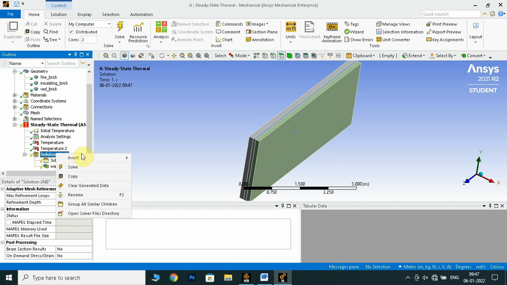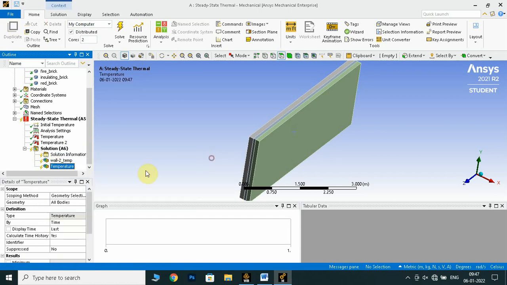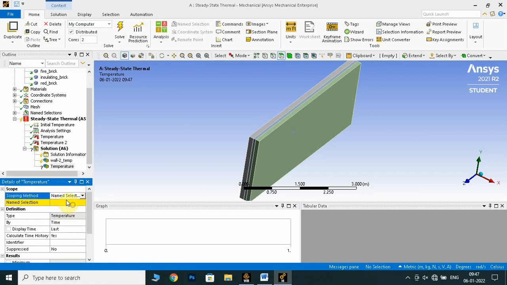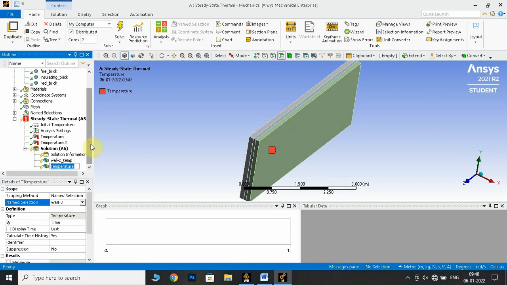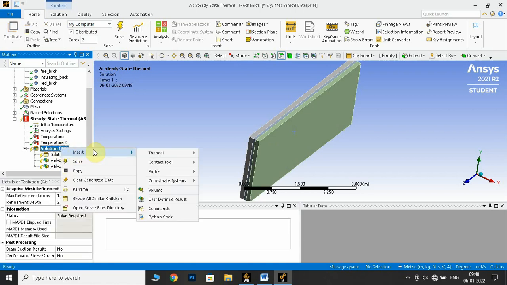And again insert thermal temperature and geometric shape, named selection, and wall 3. So this is renaming as wall 3 temperature. Enter. And also we have to find the total heat flux.